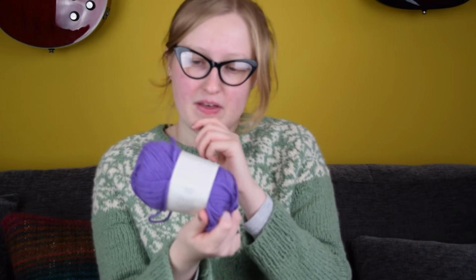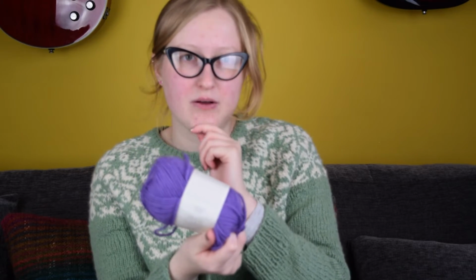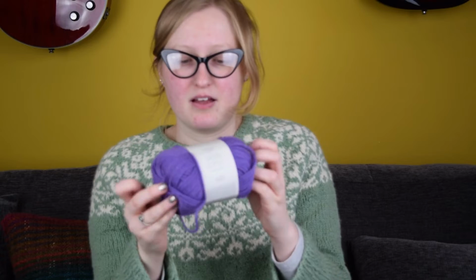So these Peer Gynt, the Sandnes Garn, they equated to around £2.50 when converted. So that's really great. And then you go into the till with all these, but it's not costing that much, I promise. Usually I'd pay £50 to £60 to make a jumper. And to give you an idea, in Norway it costs maybe around 35, 40 to make, well, this is one that I made from